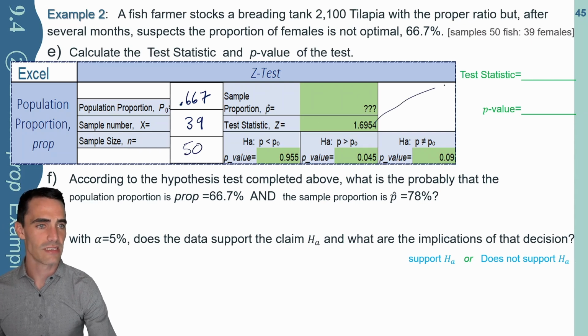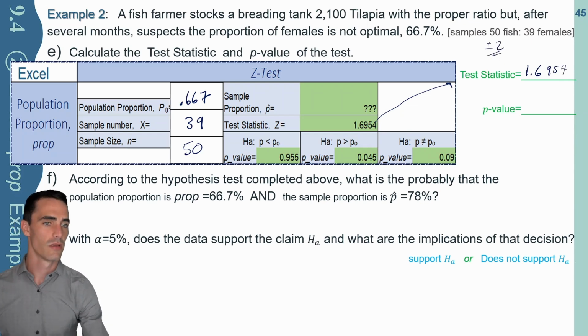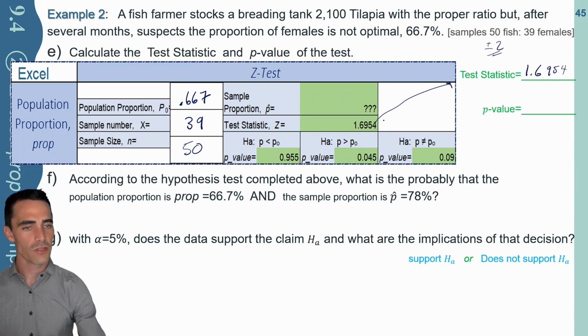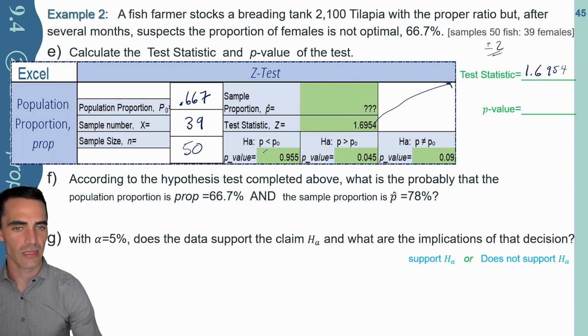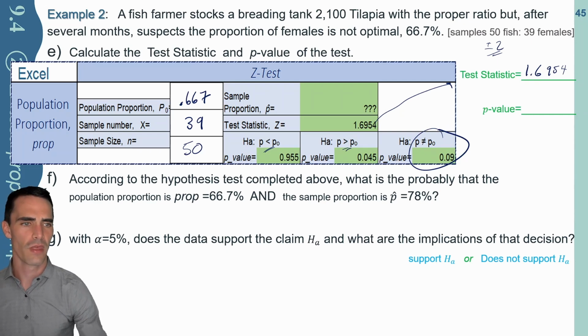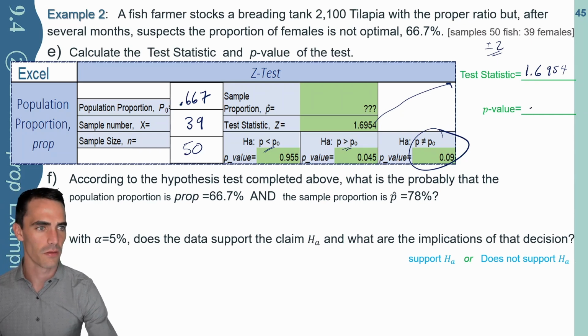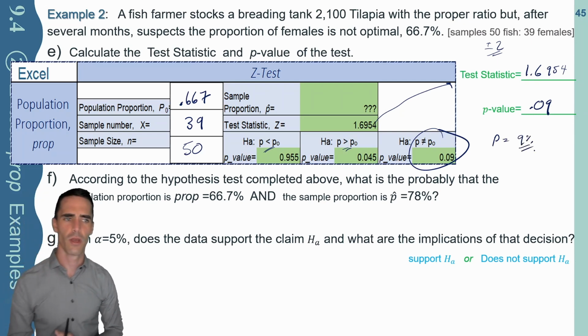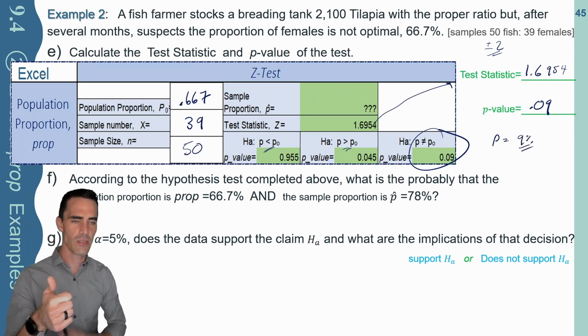We have a test statistic right over here of 1.6954, which is okay. Again, normally we want plus or minus 2. So take that with a grain of salt. We're interested in what kind of p-value we're checking. This is less than, this is greater than. Nope, here's the one I want, not equal to. It looks like it's 0.09. I'd encourage you to think about that as a percent. It's roughly 9%. If you're getting worried about that p-value, that is a great inclination because, again, normally as a